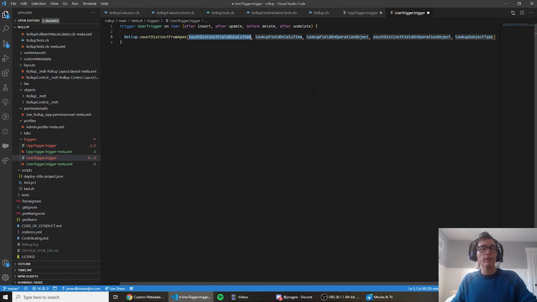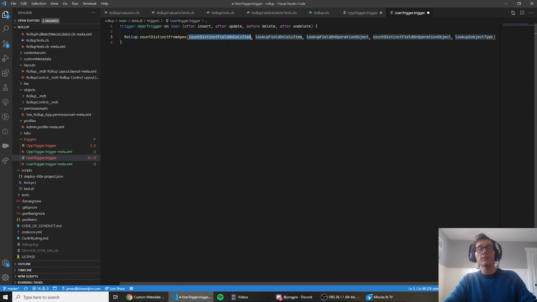So with my autocomplete, I'm basically going to be providing the same values that you saw in the Flow engine, but some things you get out of the box with triggers. For example, when you're interacting with Rollup from these static methods off of it, you don't need to supply the records to it in a trigger context because you already have the trigger records available to you,